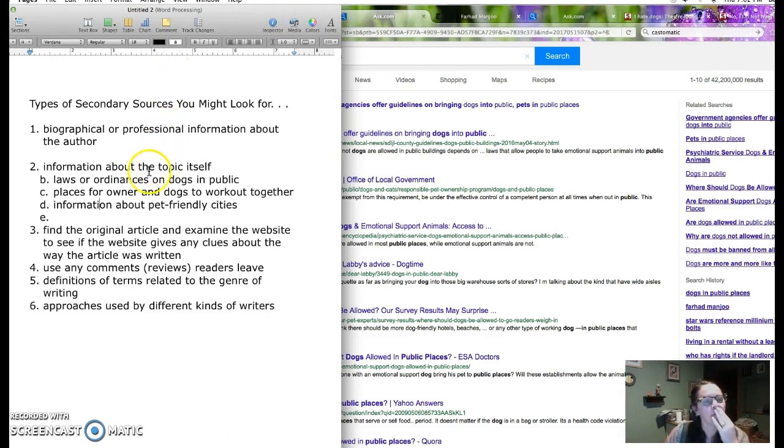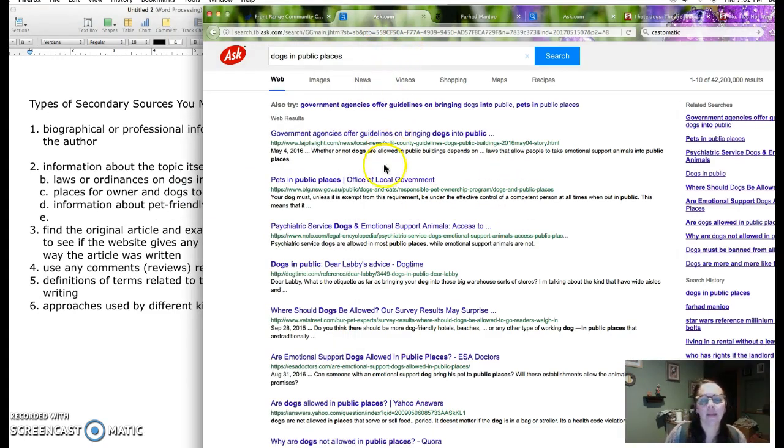But that's what I have here for number 2, that maybe I could find some information on the topic itself, which is pets in public. And so I listed some different things that I might look up. As I already said, the laws or ordinances, places for owner and dog to work out together, information about pet-friendly cities, or even pet-hating cities. You'll see that in the first tab, I didn't click on any of these links, I just thought I would show you what I found. I just searched for dogs in public places, and then I found